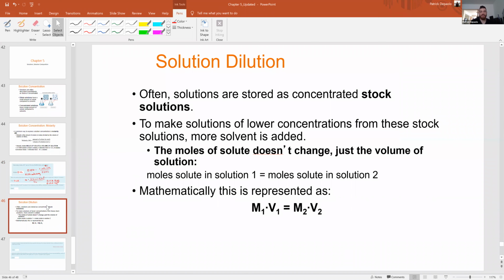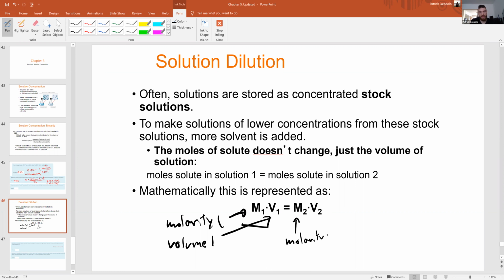The next, dilutions. So there is a dilution formula. The dilution formula is M1V1 equals M2V2. So what that means is your molarity of solution 1, so I'll put molarity 1, volume 1, molarity 2, volume 2. So you take an initial solution, let's say you have 0.25 molar and you have 1